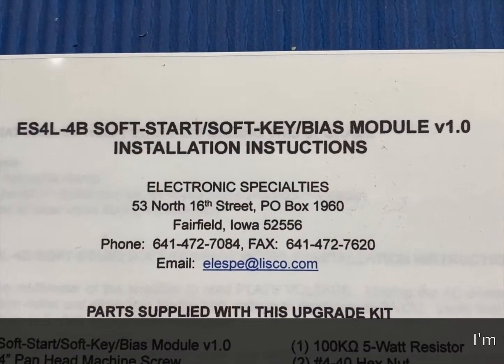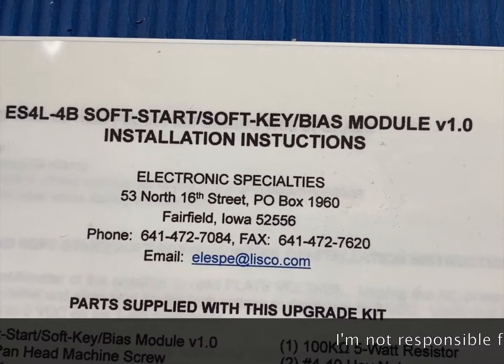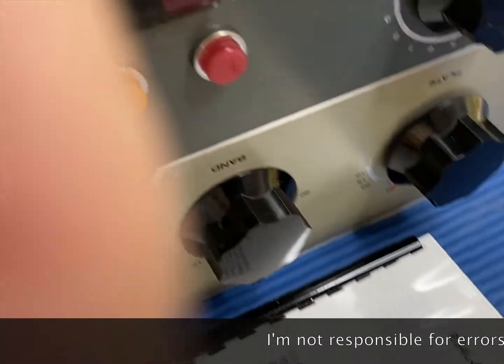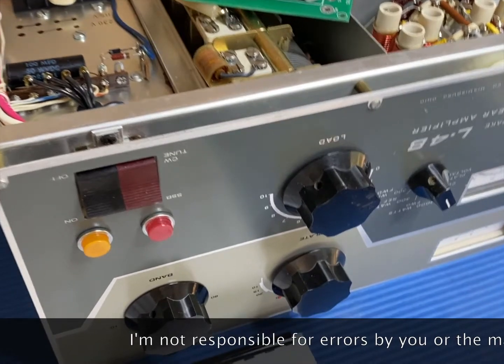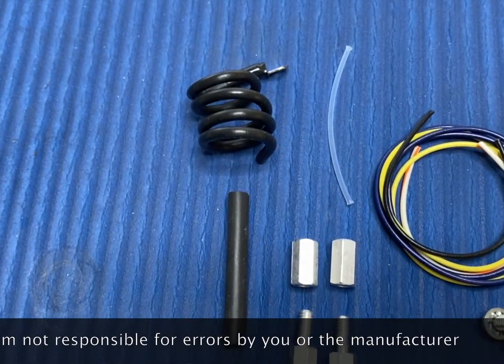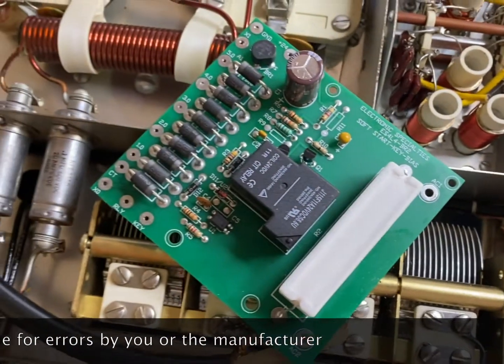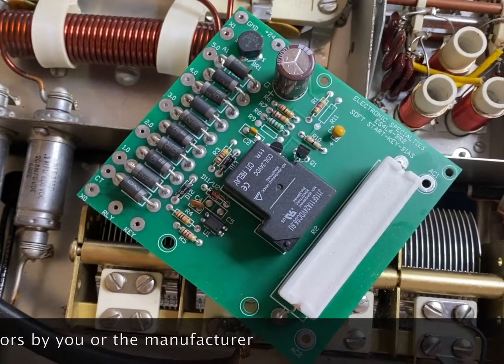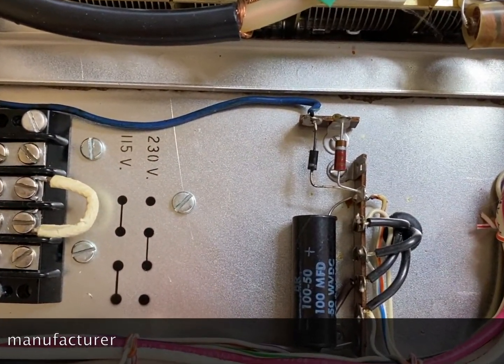Okay, I'm going to attempt to install this soft start Harbach modification to my Drake. It's kind of in position here. It's all the accessories and things that you get with the board, so they're all laid out there and counted and checked on. There's the board itself, and I do believe it's supposed to mount right there. I'm pretty sure even